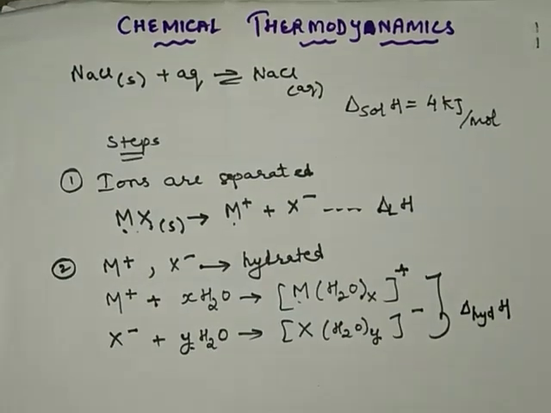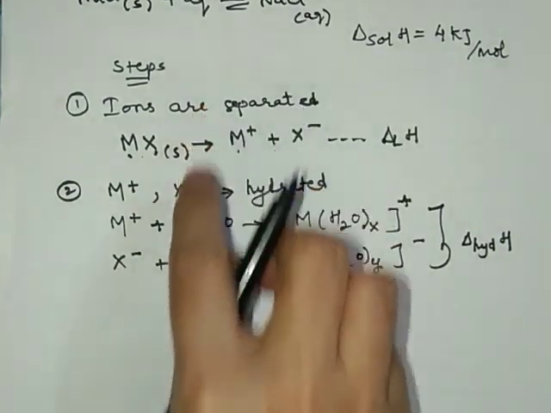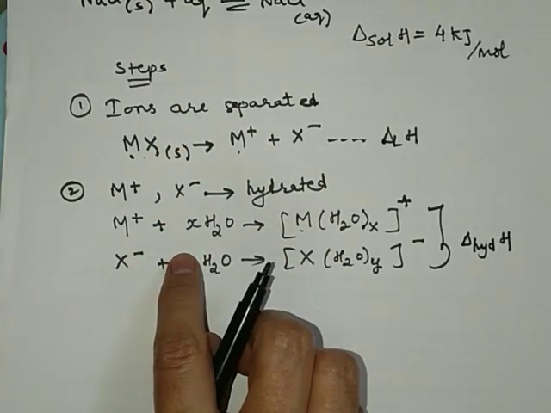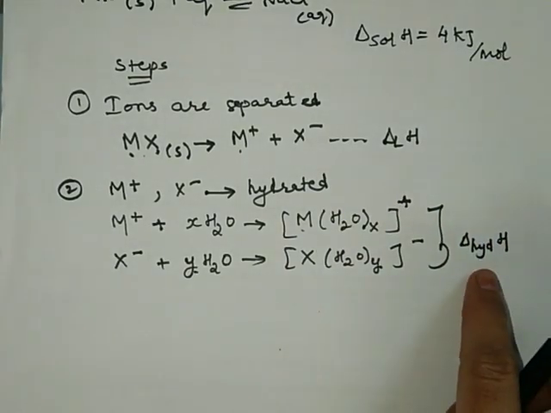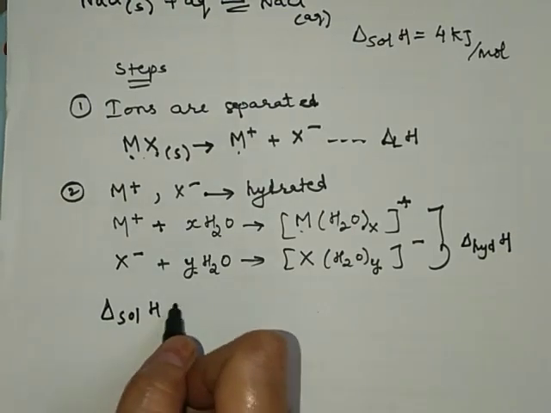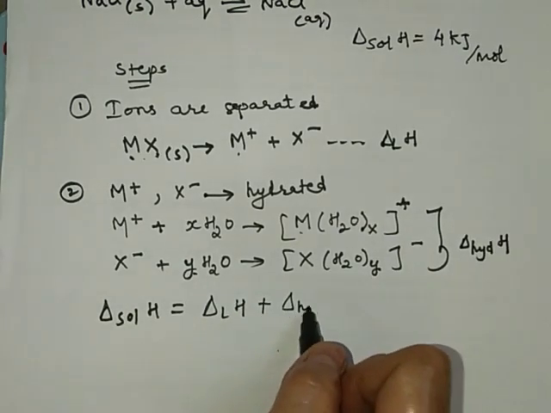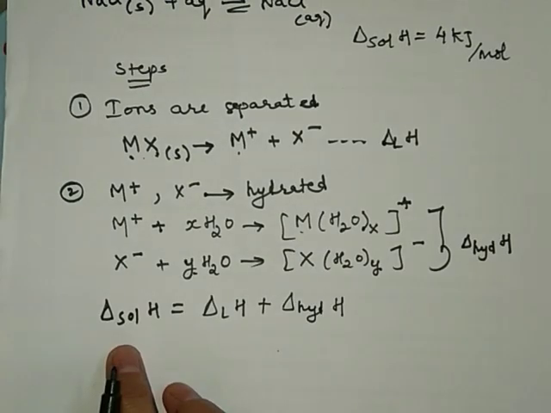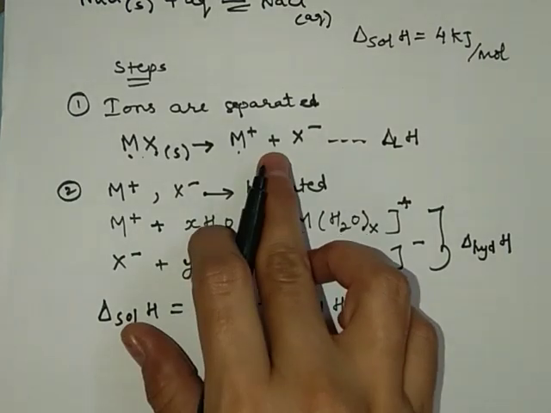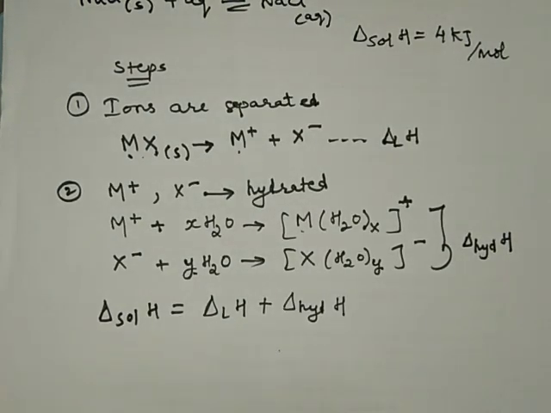Okay, now what is enthalpy of solution? Solution consists of these 2 steps. How will a solution form? When you dissolve a solute in a solvent, and this is involving what? Crystal lattice enthalpy and enthalpy of hydration. It means what, students? That enthalpy of solution is actually the sum of these 2 enthalpies. So how do we write this? Enthalpy of solution is equal to lattice enthalpy, the crystal lattice enthalpy which is step 1, and enthalpy of hydration which is step 2. Okay, let us verify this.